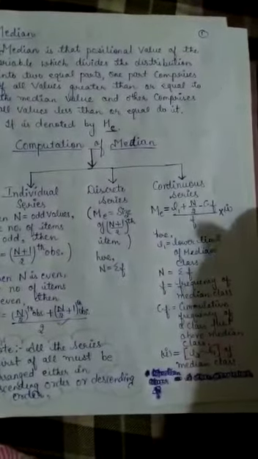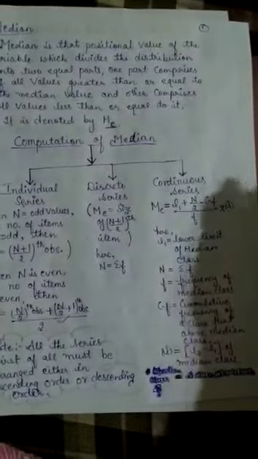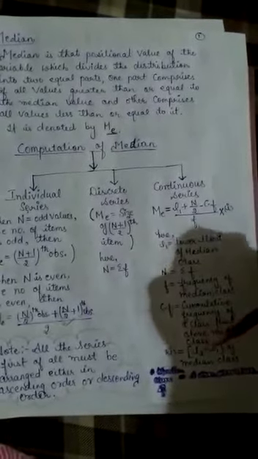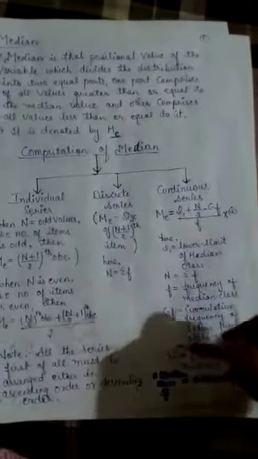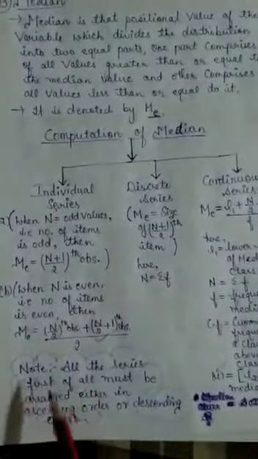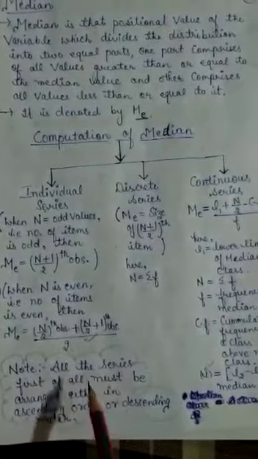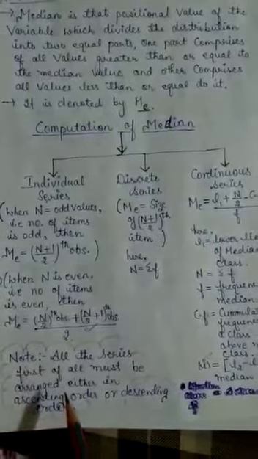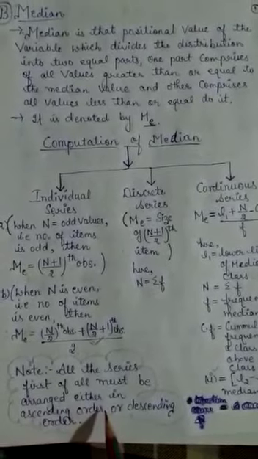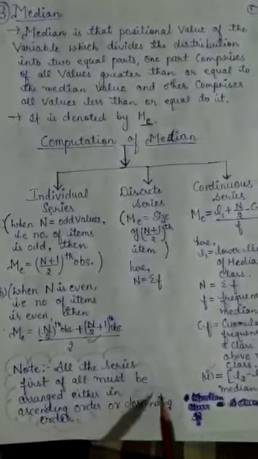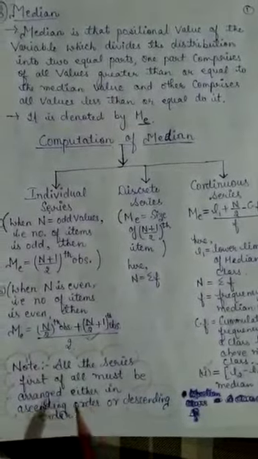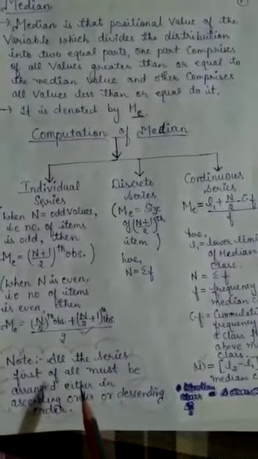You know, in a class there are two values, upper limit and lower limit. So in the median class also there are two values. L2 is the upper limit, L1 is the lower limit. The difference of these we will use as i. Now there is one thing to note: whenever we have to calculate median in any of the series, the first most important step is to check whether the data are in ascending order or descending order. They should be arranged either ascendingly or descendingly. This you should take care of, very carefully.